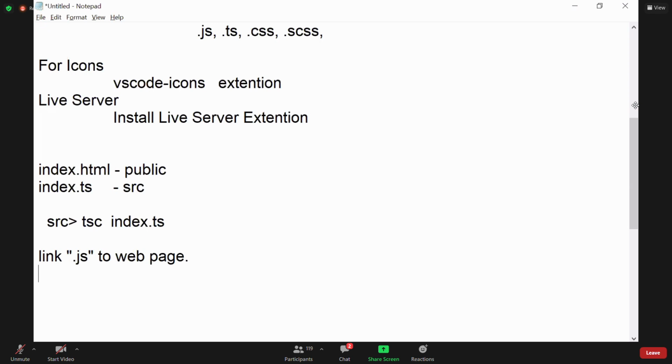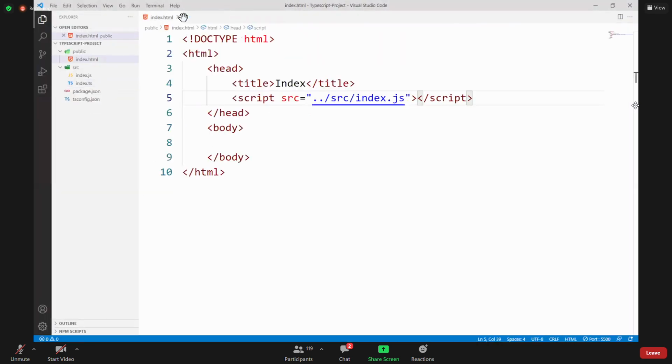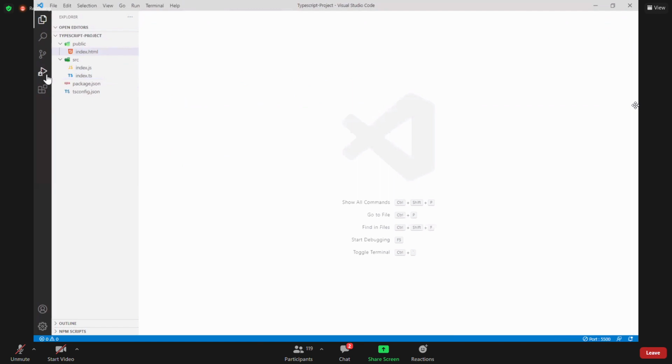Generally, writing a TypeScript file, linking it to an HTML page, and testing in the HTML page every day is not required for you, because that you are going to do in Angular. So while practicing, to save time, we will do it a different way. We will write a TypeScript program.